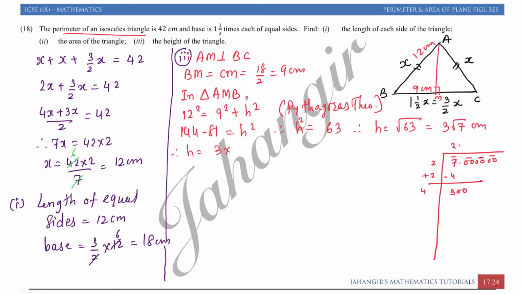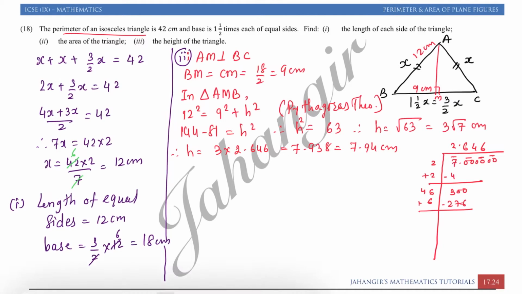46 into 6. Let's check. You should take a number such that these two digits should be equal. 276 plus minus, and it goes on to the number as 646. You can just keep taking. So height is equal to 2.646, which is equal to 7.938. That is equal to 7.94 centimeter.